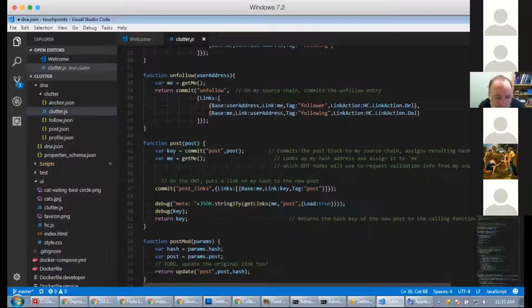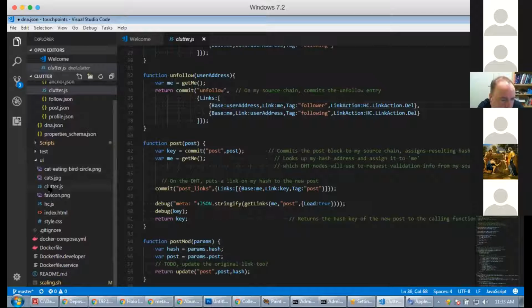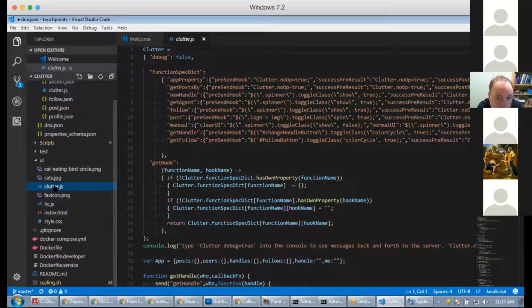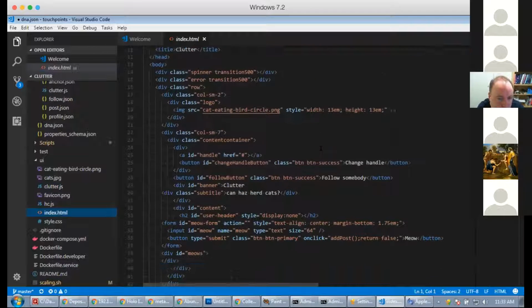Okay. Post. First thing we're going to do is commit the post itself, which is passed into this function. So let's look at the UI where that happens. Go back over to the UI. Let's look at the index.html.